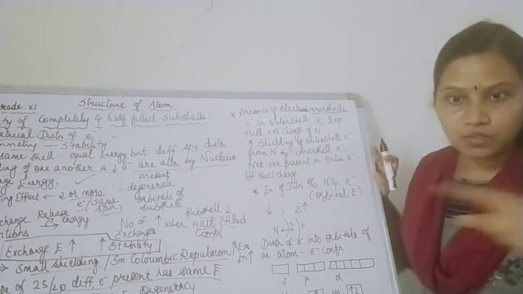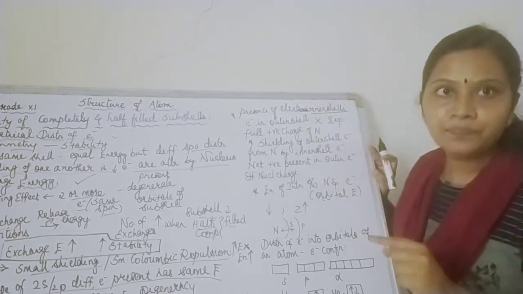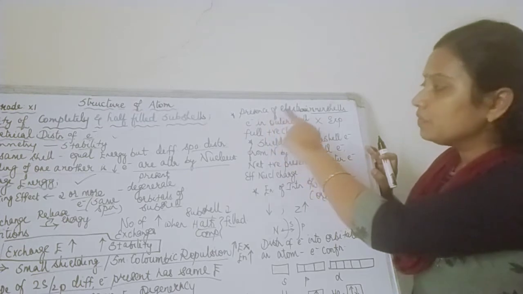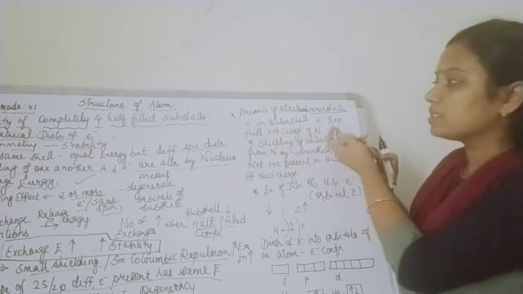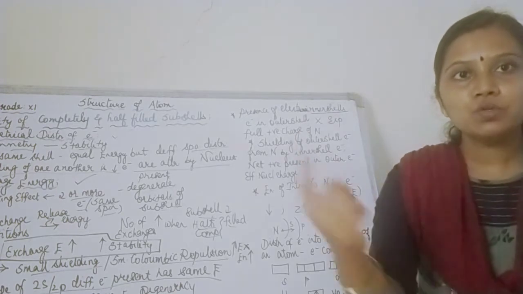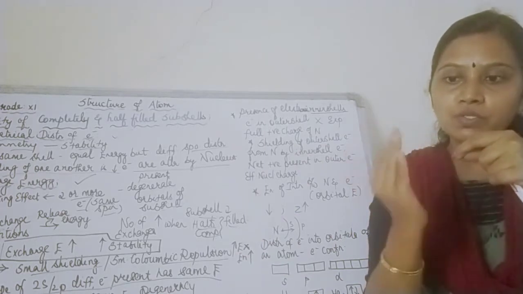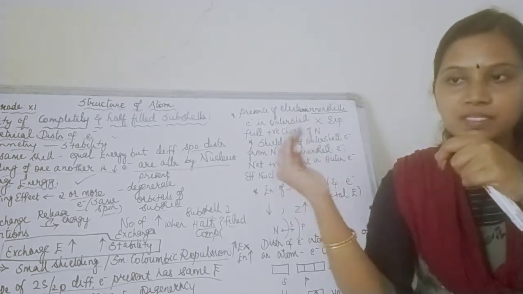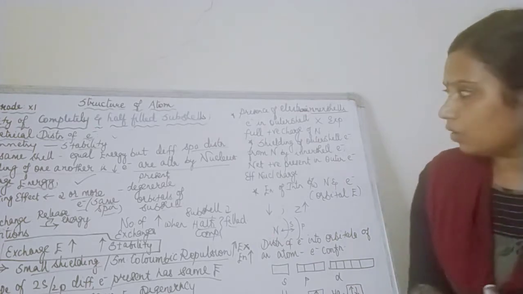It is like two rounds. Who is standing in the first round? The first round is occupied by inner shell electrons, and in the outer shell, other electrons are present. Because of the presence of electrons in the inner shell, your outer shell electrons experience less positive charge from the nucleus. This is called shielding. See, I have two rows of children. In the first row some electrons are present, in the second row some more electrons. The electrons close to the nucleus, standing in the first row, reduce the exposure of the second row to the nucleus. So the second row experiences less positive charge from the nucleus. This is the concept.